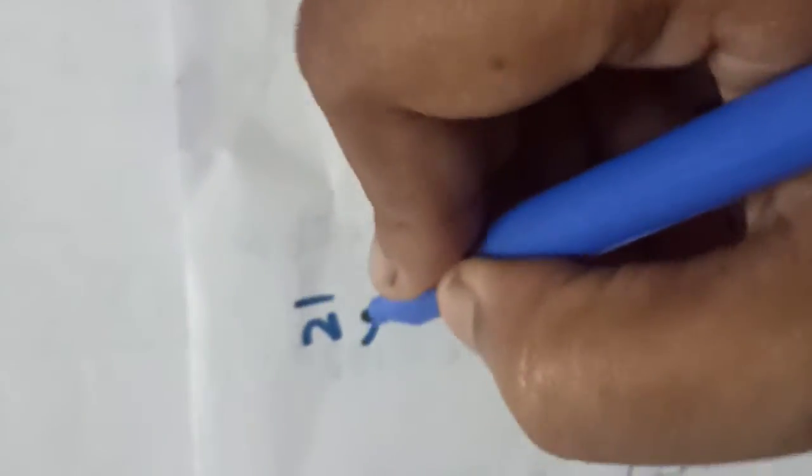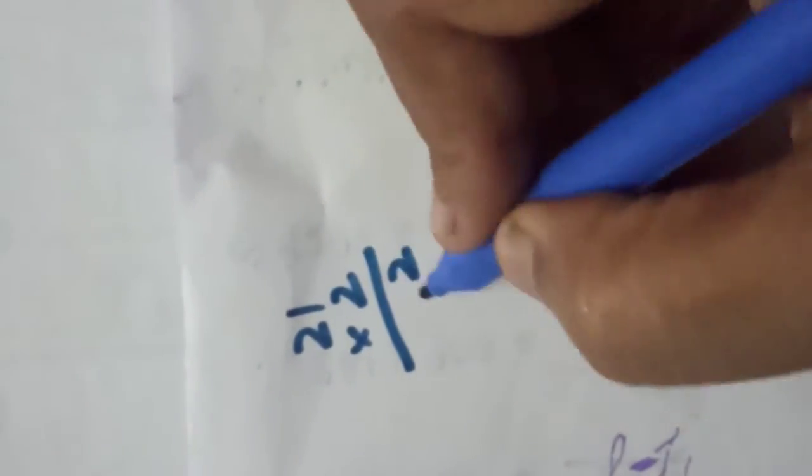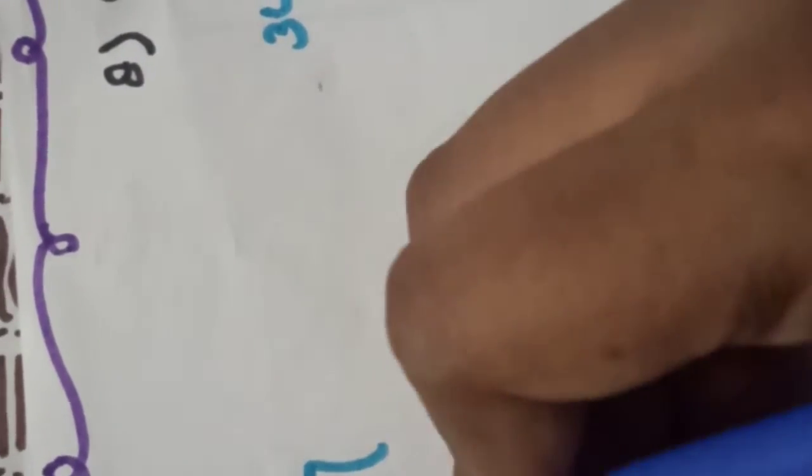Now if you remember the table, you will easily recall that 21 twos are 42, and if you don't remember, then let us just multiply it like this. 2 ones are 2, 2 twos are 4, 42. So 21 twos are 42. Let us subtract it. We'll get 0. Right? Now we'll write this 8 over here.